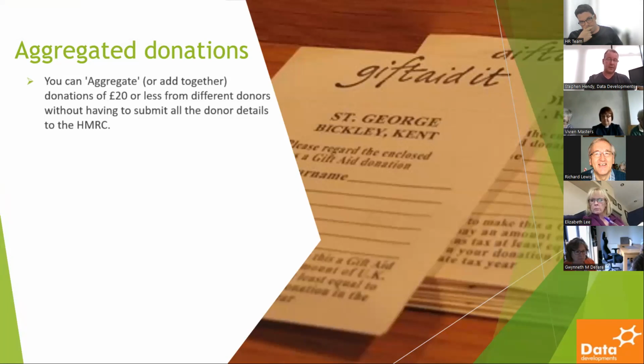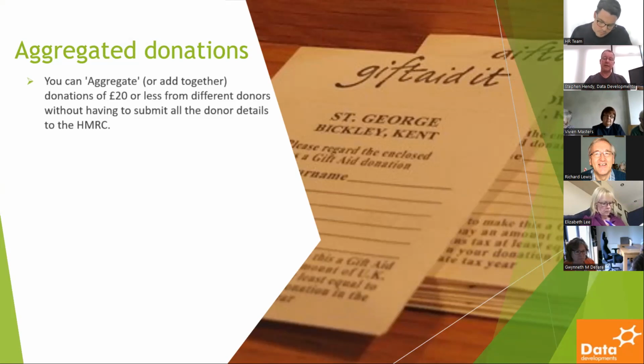Some churches I've spoken to in the past, if the amount was below a certain amount, and off the top of my head, I think it was £5, the Gift Aid secretary at the time said, oh, I wouldn't enter those in. It's not worth it for the amount of Gift Aid that you get back. And that's where aggregated donations really come into their own. If in your one-off Gift Aid envelopes, where they've signed the declaration, you've got £20 or less in each envelope,